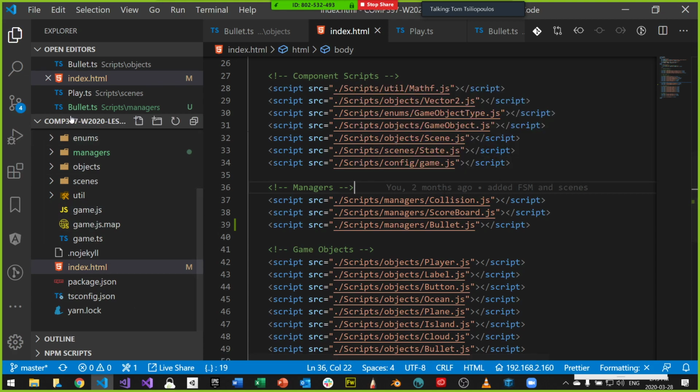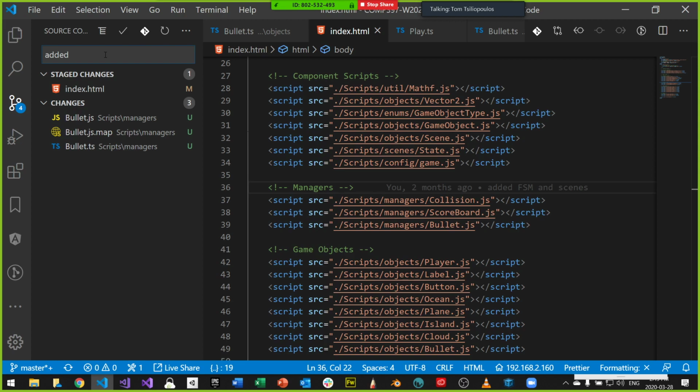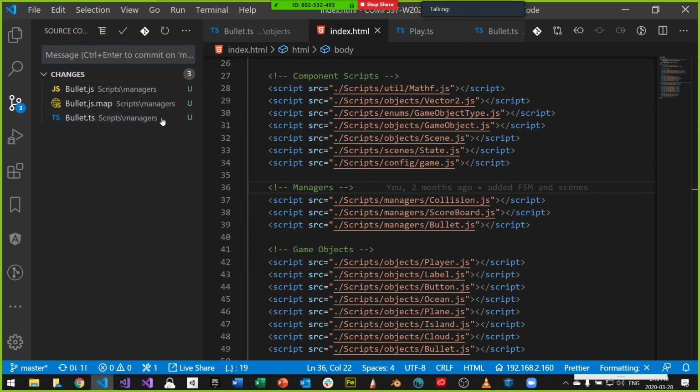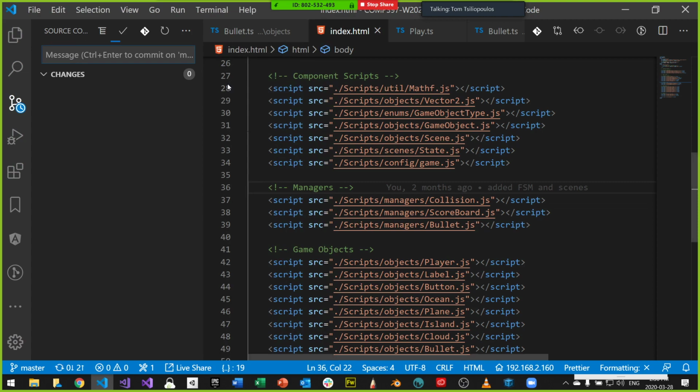I haven't tested this yet, but I'm going to put it up on GitHub because there's a lot of changes that I made. So I'm going to put this up. Added first draft of bullet manager. It's not quite done, but I'm adding the first draft of the bullet manager to the scene and to the project. Did I not stage everything? Added bullet manager. That's weird. I guess they didn't. Okay, and push.